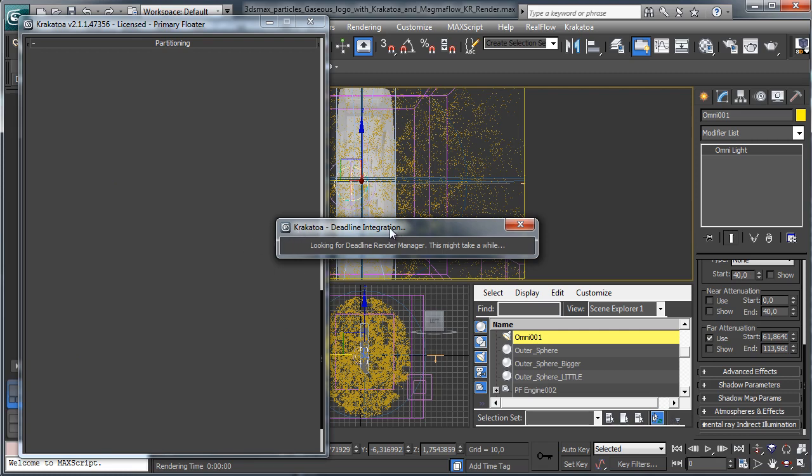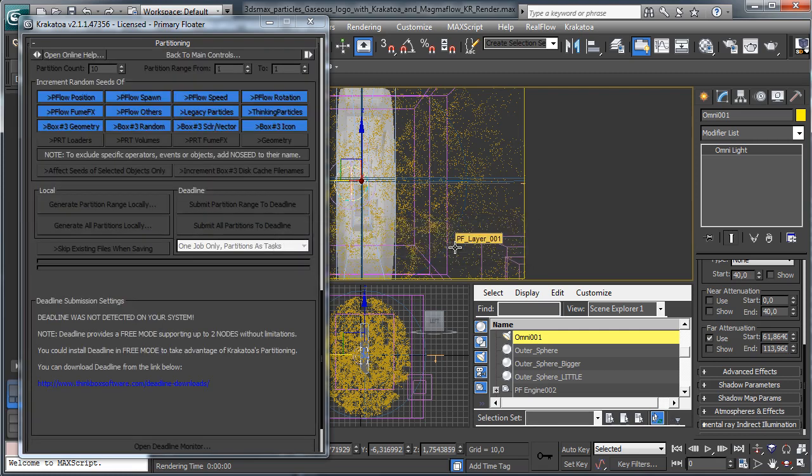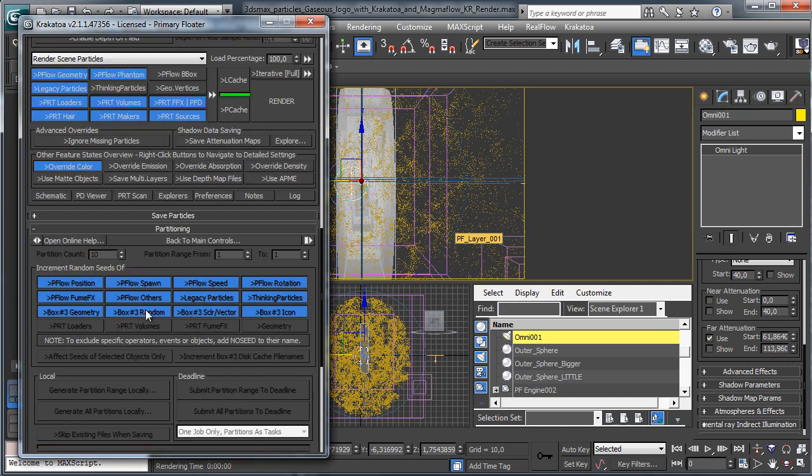As you try to open the partitions, it is trying to find a Deadline installation. Deadline is another tool from ThinkBox Software. It is a manager for network rendering and network calculation. So you can use it freely for two slaves, and in this case you can use Deadline to calculate the particles over the network, and this would be really nice to have, because the calculation for the partition can be slow, because you know Particle Flow is slow,